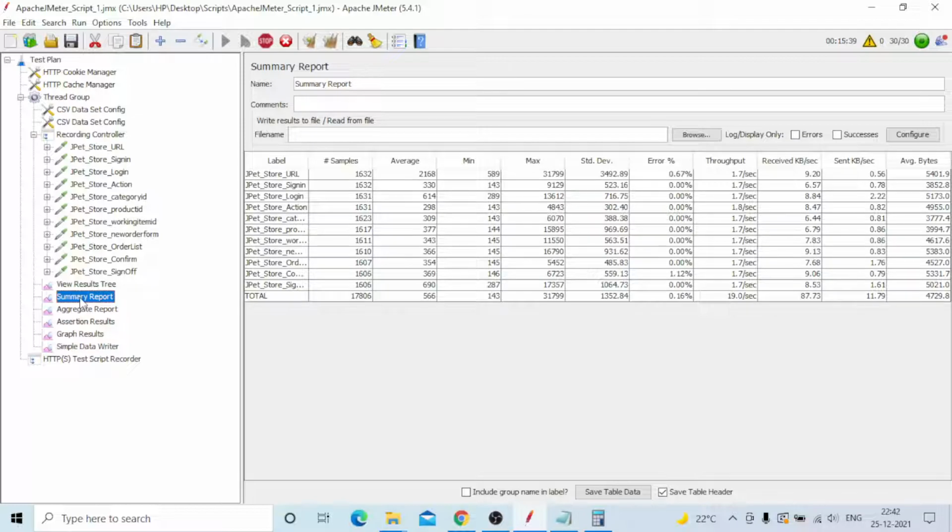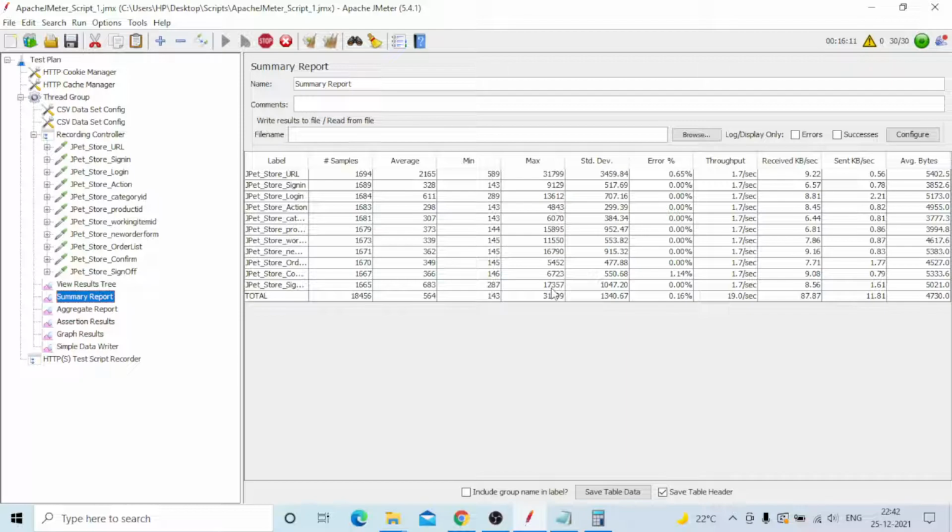Yeah, you can see everything is changing now. The total number of samplers is 17,900. A very large number is generated. The average response time is higher: 2000 means 2 seconds on average. Minimum is 0.5, and the maximum is 17, which means a total of about 70 seconds at most.